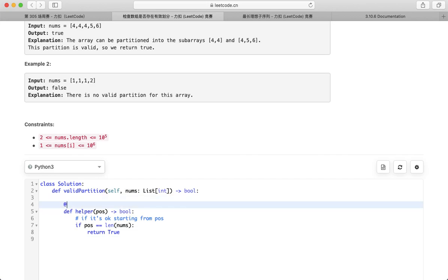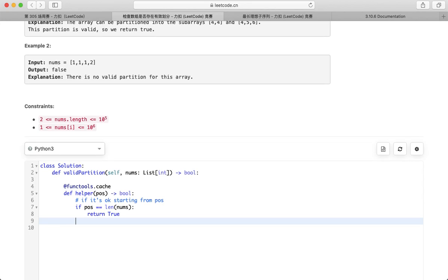And of course, we need to memoize that, pos.cache. Otherwise, we can either skip 2 ahead or 3 ahead, depending on